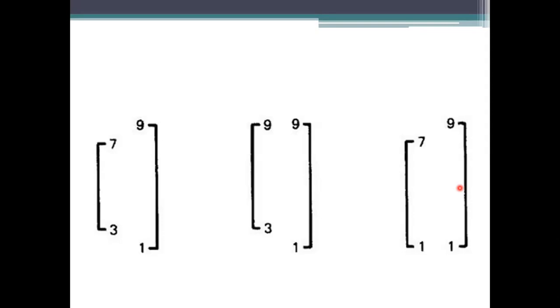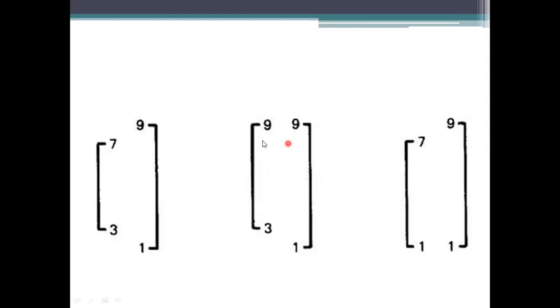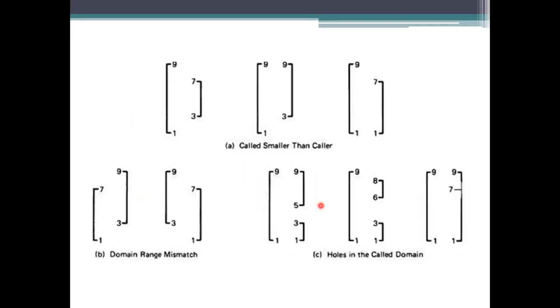In all these cases, the caller's range is a subset of the call domain. There is no bug here, because the values you are representing on the left side are used only within the right side values. You are not excluding any values, and you are not including extra values. You are using values within the range only.